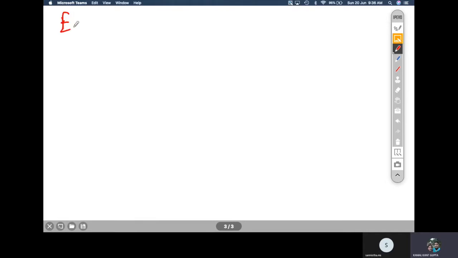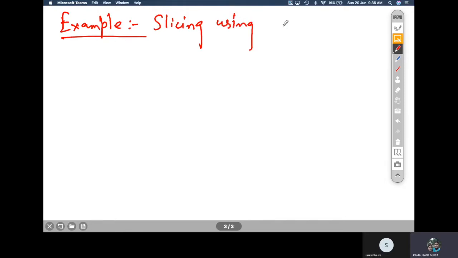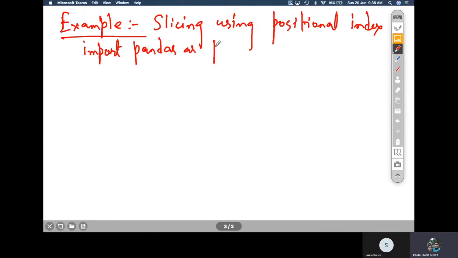The first example is slicing using positional index. Let me show you one example of slicing using positional index. So import pandas as pd, and then you can write